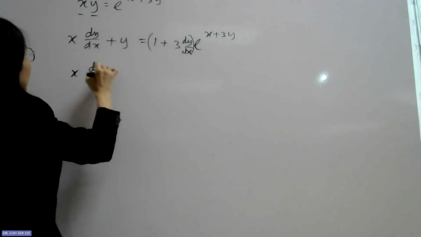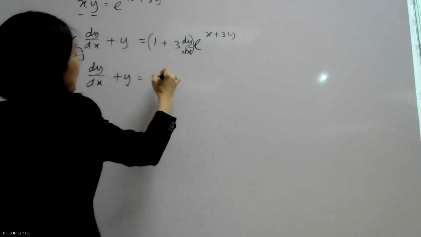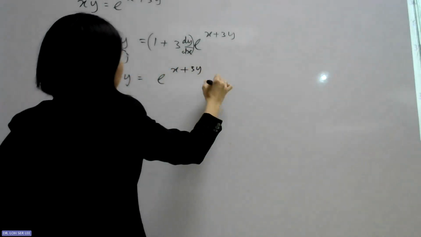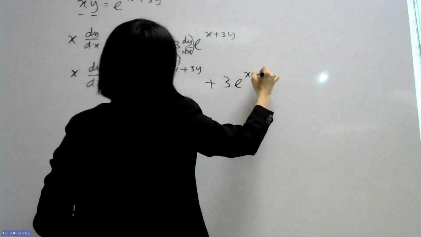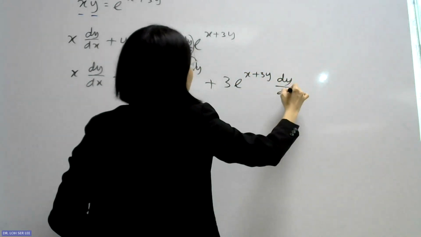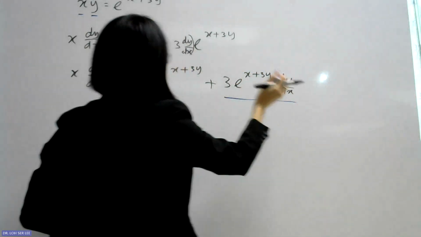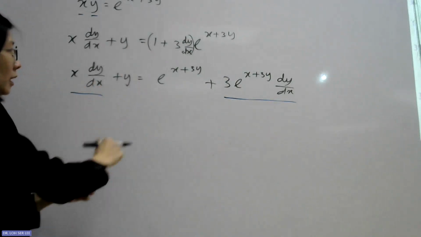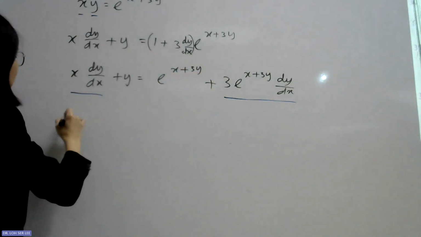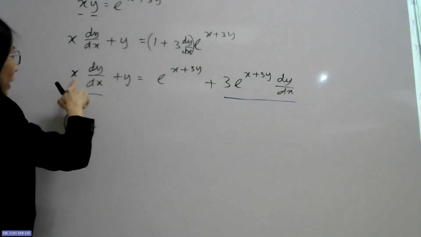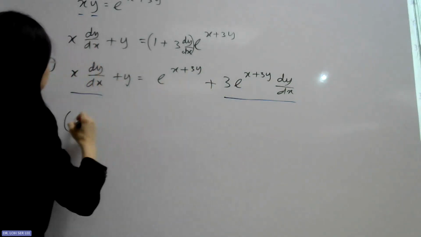Okay, we expand. e^(x+3y) plus 3y e^(x+3y) dy dx. Then the term with dy dx, we move it. Okay, we move this to the left and we factorize the dy dx. So we have x minus 3e